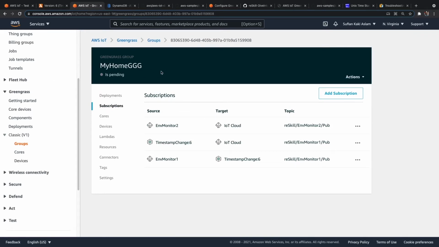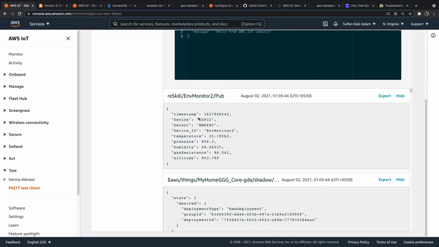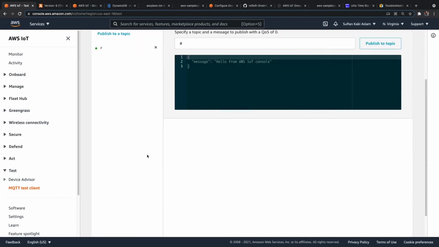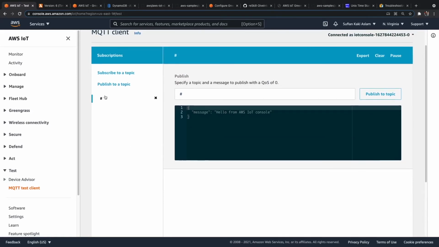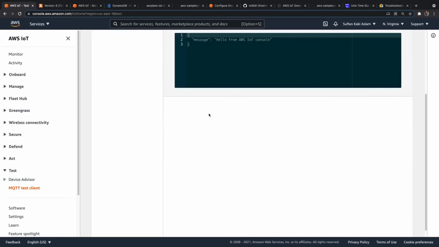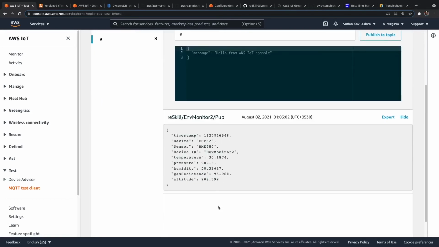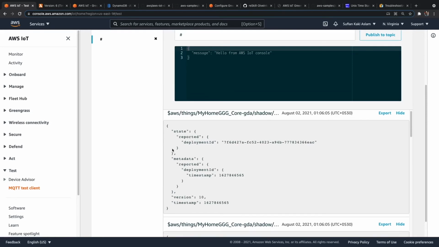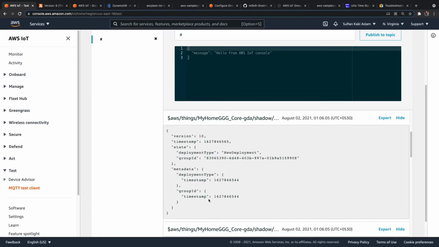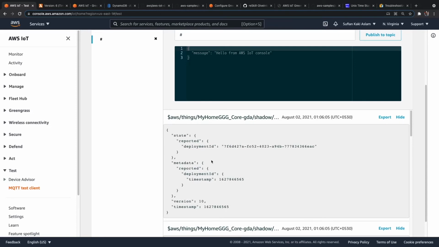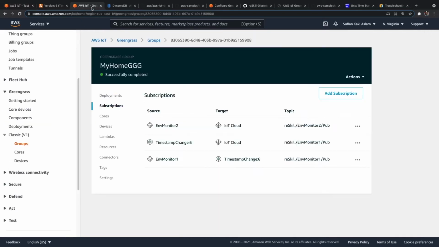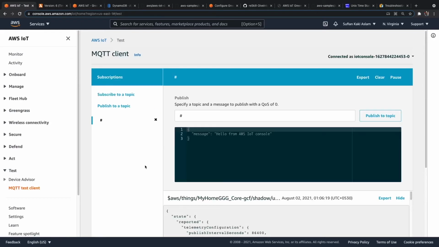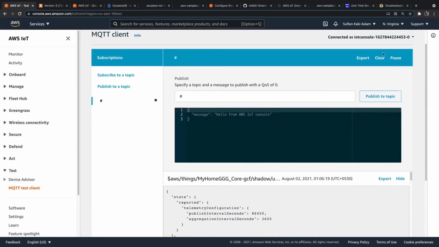This will take a few seconds and then that will get deployed, and we should see our values come in here. So currently I have subscribed to all the topics. So even the green grass thing, it will be showing up here. Okay. So here it says, okay, these are messages because it updates the green grass group. We get these messages. Okay, it's successfully deployed, which means the data should start coming in.